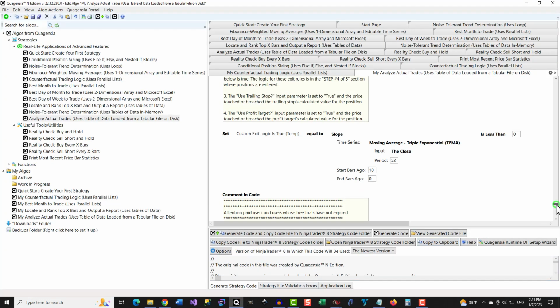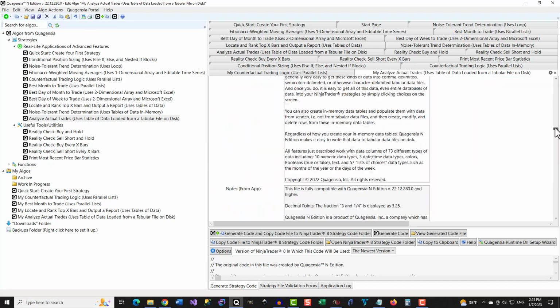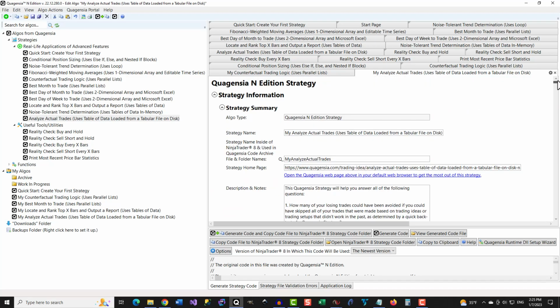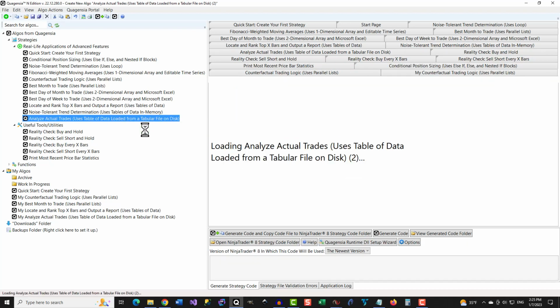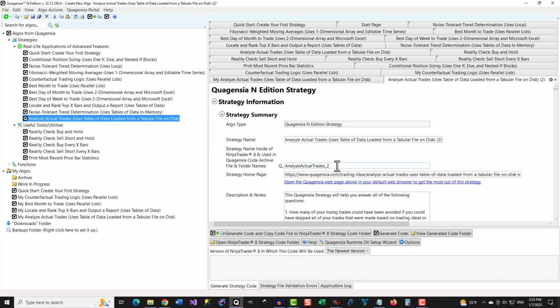You can do it the easier way if you are still in the free trial period or are using the paid version of Quagentia N Edition and haven't already sent the code to NinjaTrader with a given strategy name inside of NinjaTrader 8. By setting the default Windows time zone ID to which this field will be set when you do send the code to NinjaTrader for the first time, by creating your own customized copy of this built-in strategy by clicking here, and saving a copy of this built-in strategy to your MyAlgos folder as previously demonstrated.